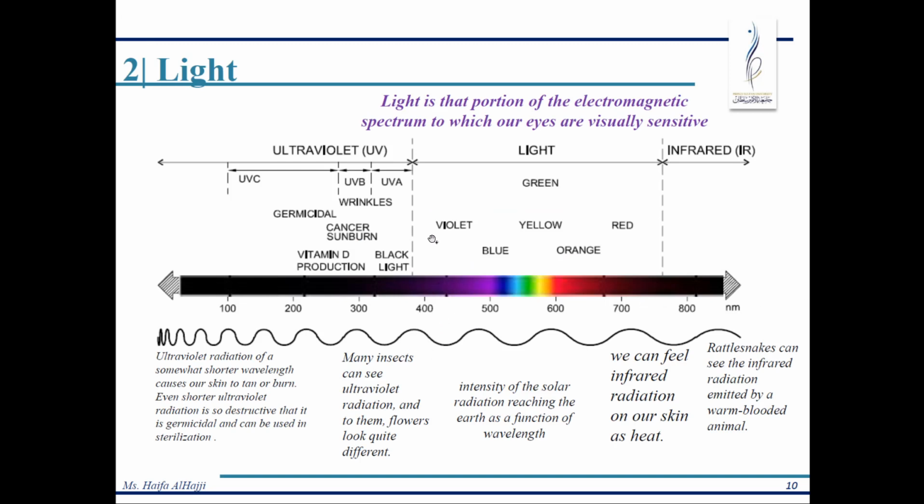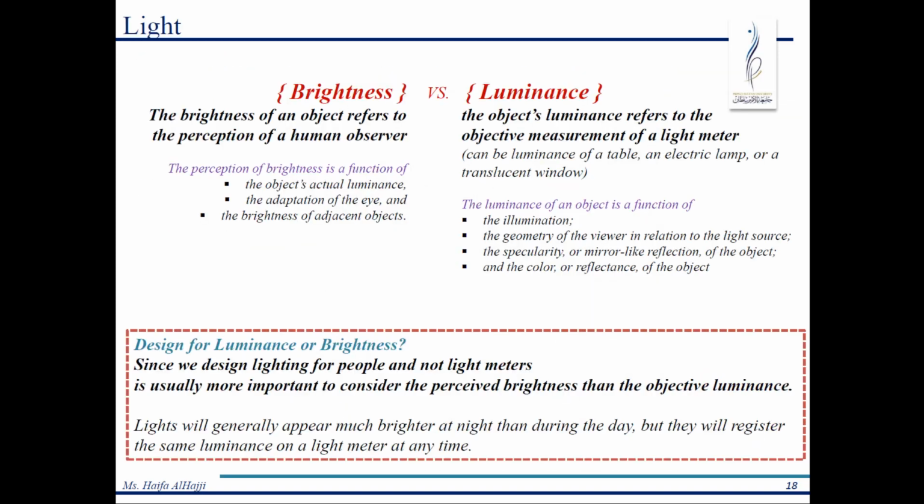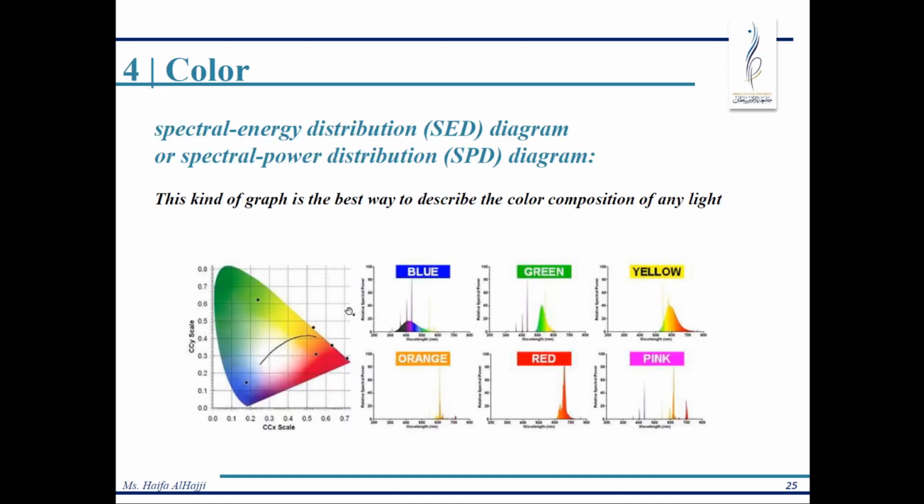We said that light consists only of a portion. Now light consists of different colors, and each color is represented by a different wavelength. So according to its wavelength, we're going to see it as a different color. As we can see in here, to actually describe colors in more numerical and more detailed ways,